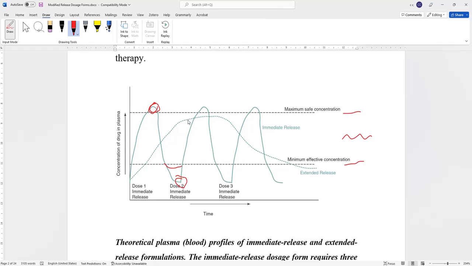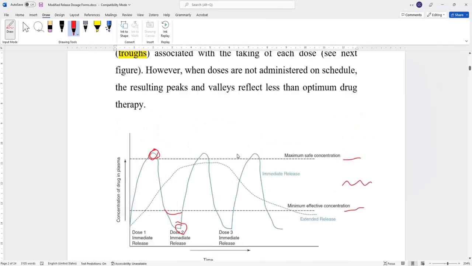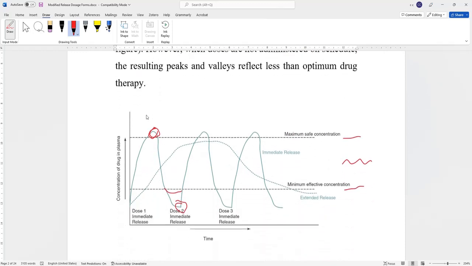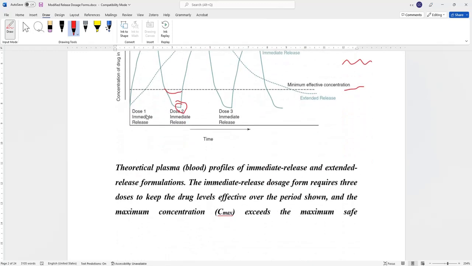Yani, you are not just taking it for a headache for 1 or 2 days and that's it. No, you are going to continuously benefit from the sustained or extended release dosage form. Okay, so immediate release dosage form has many peaks and valleys,